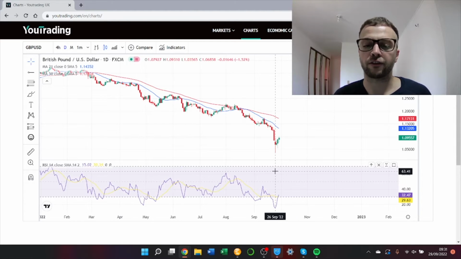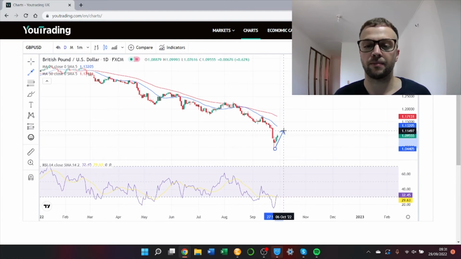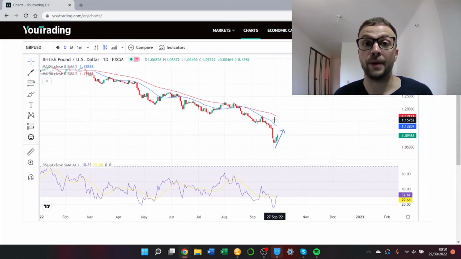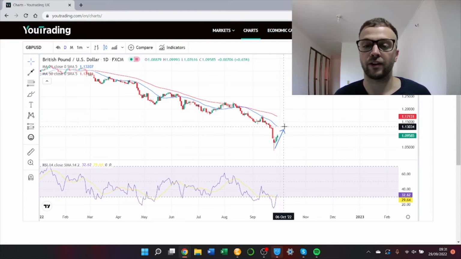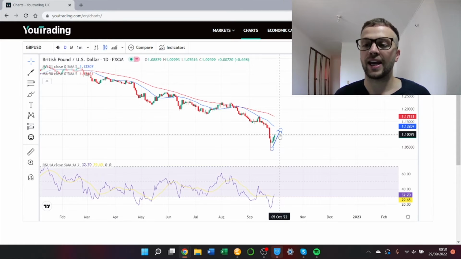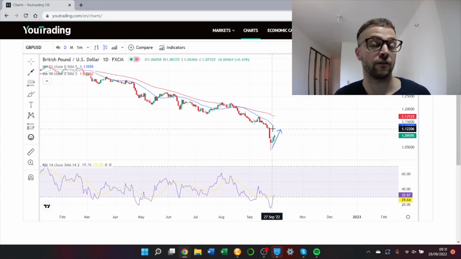But yeah, after becoming very, very oversold in the wake of this panic about the government's new economic plan in the UK, we've been seeing a bit of calm returning to markets. We've had the BOE step in and announce bond purchases to prevent a blowout in UK yields. And we've potentially got big interest rate hikes coming from the Bank of England as well to try and shore up the pound. And this seems to be working for now. The pound hasn't been able to get back above 110 yet, but it's coming from very oversold levels, and there is room for more short covering, I think,